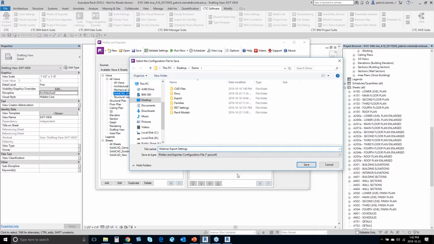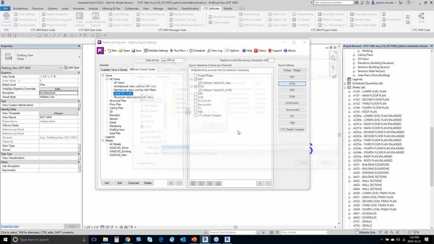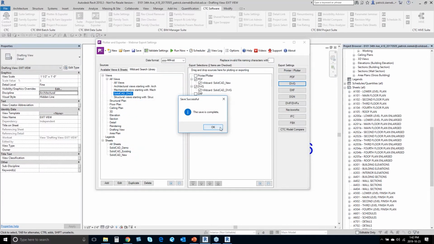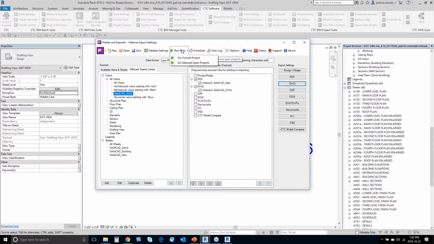So saving those settings, so again, I could reuse these over and over for my project. Having those ones saved, save is complete. And when ready, we could use the run now option. Instead of having it run now and seeing just a bar load, I've already created the PDFs and also the